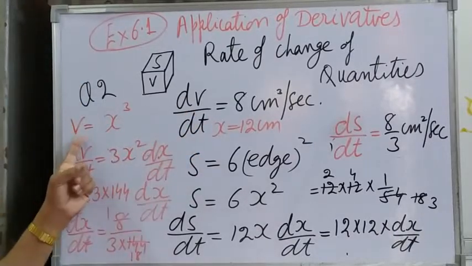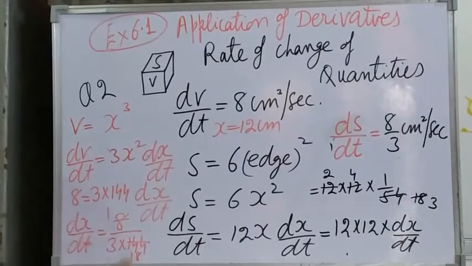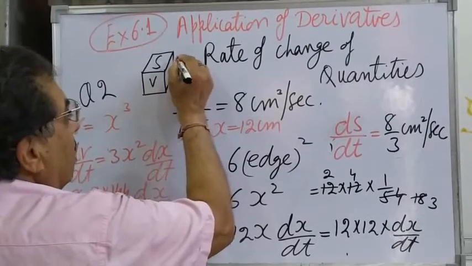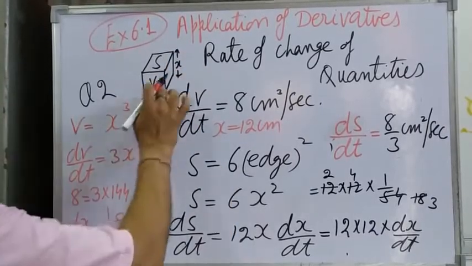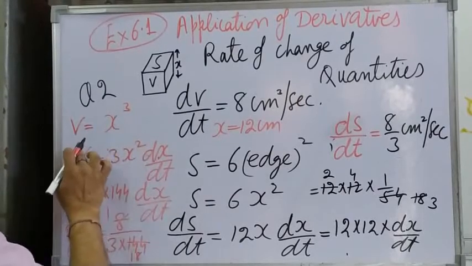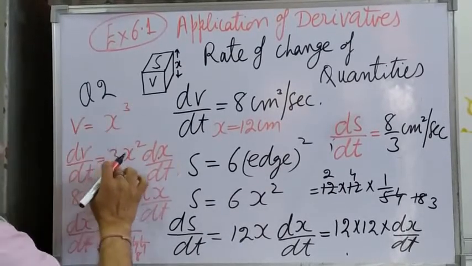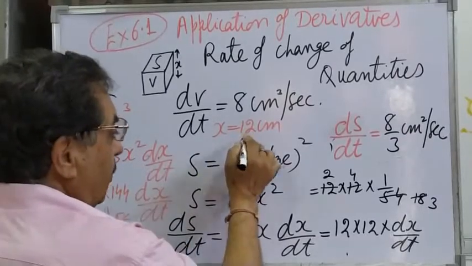So volume is equal to x cube. X is the edge of a cube. Volume of a cube is x cube, so dV by dt is 3x square dx by dt, where the edge x is given to be 12